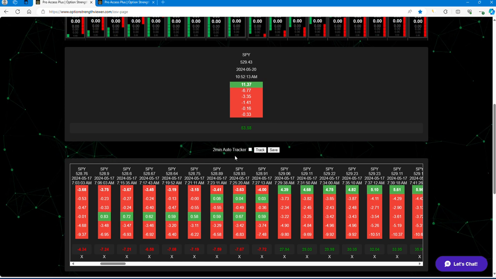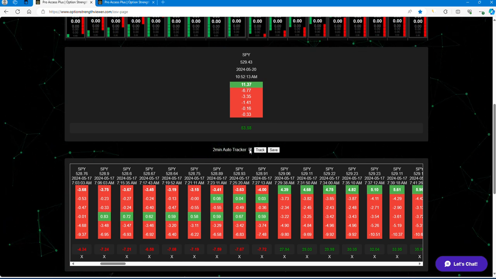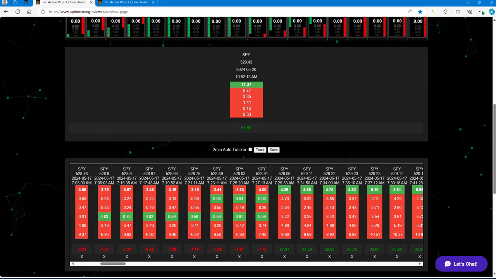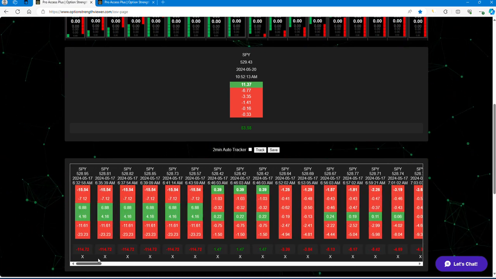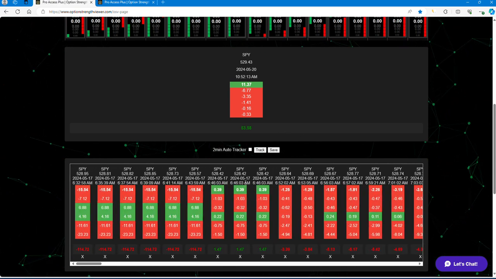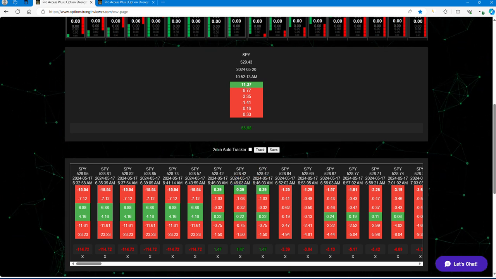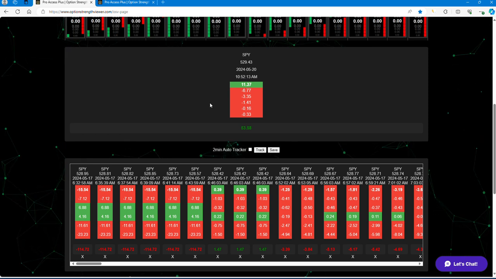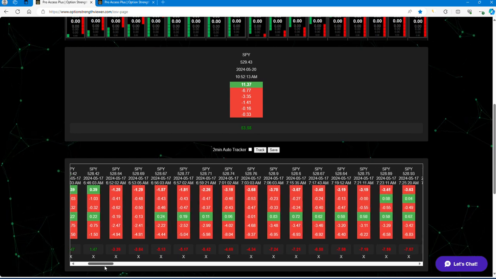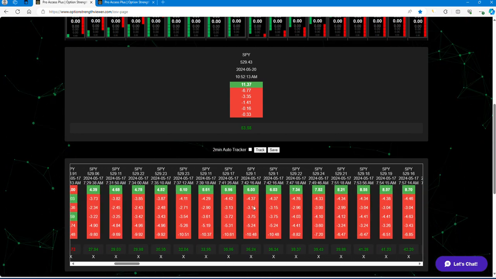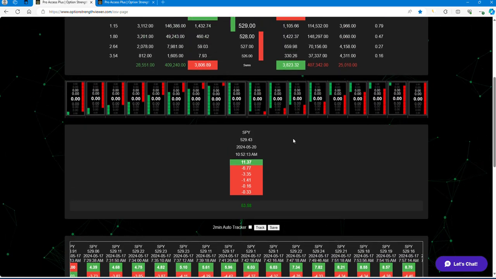This is where, when you use the 2-minute auto tracker, you put a check mark on this box, and it'll automatically record every 2 minutes. Okay. Now you notice that the date and time is today, the 18th, and this is from yesterday's data. I haven't refreshed my browser, so good that I haven't because now I still have previous data, so I can make this video. But before we continue,